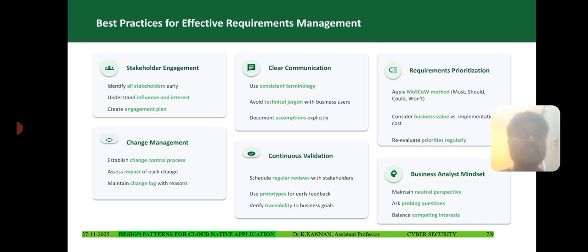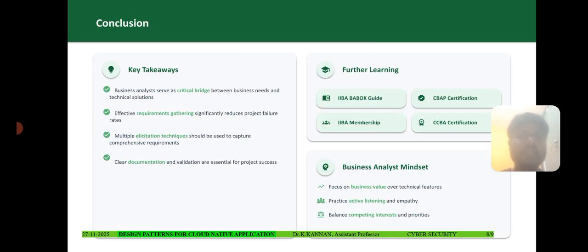Continuous validation means we conduct regular reviews and stakeholder sessions, use prototypes for early feedback, and verify traceability to business goals. The business analyst mindset is maintaining a neutral perspective, probing with questions, and balancing competing interests. The key takeaways: the business analyst is a critical bridge between business needs and technical solutions, and effective requirement gathering